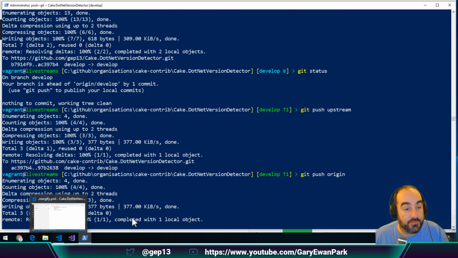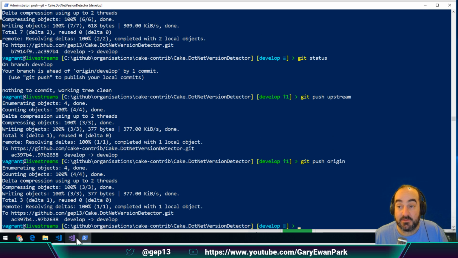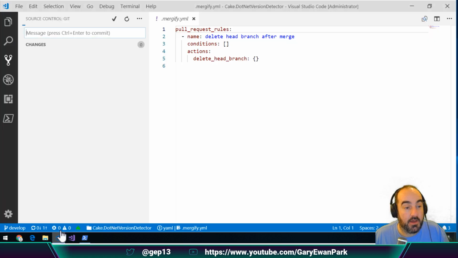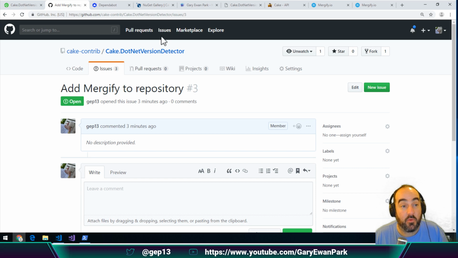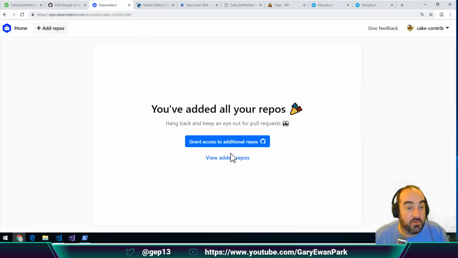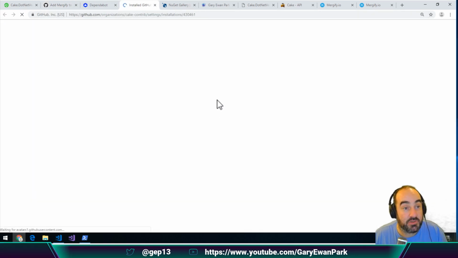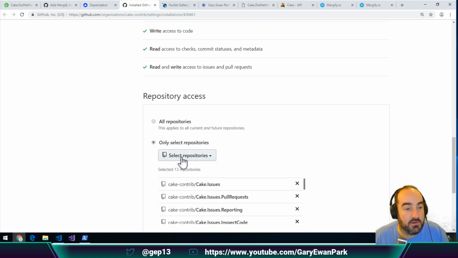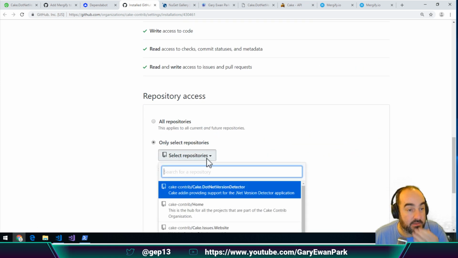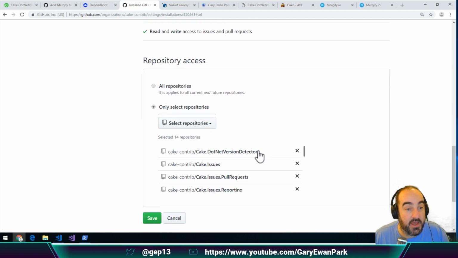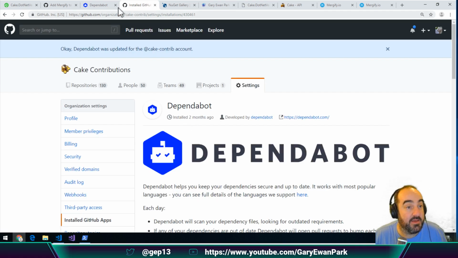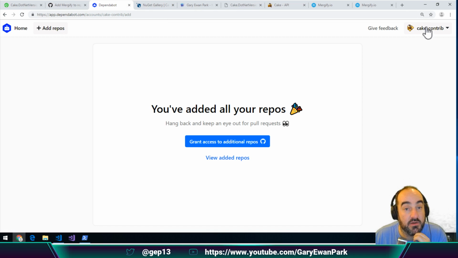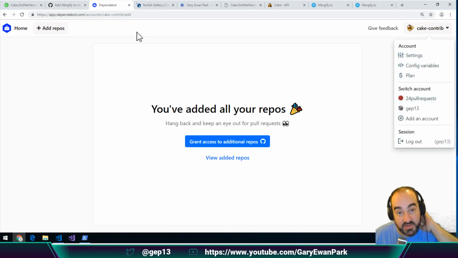So Dependabot needs to be activated. And it needs to be activated on the type of project that you are going to be working with. So over here, we're going to say grant access to additional repositories. And I'm going to scroll down here, and I'm going to select version detector, and I'm going to add it in, and I'm going to say save. Now that we've added that in, if we go back over here and we look at what projects we have available,